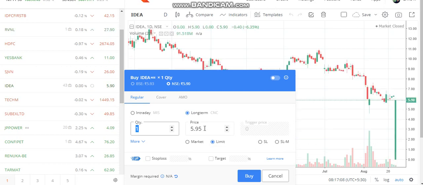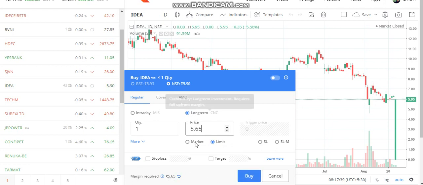You want to make it down or bargain, you can bargain it. You can go with the small amount, 5.91, 5.80. I am bargaining with 5.70, 5.65. Let us see what will happen. This is the target. I'm going with the limit, my limit. So this is the stop loss, this is target, this is what is the required margin, 5.65.